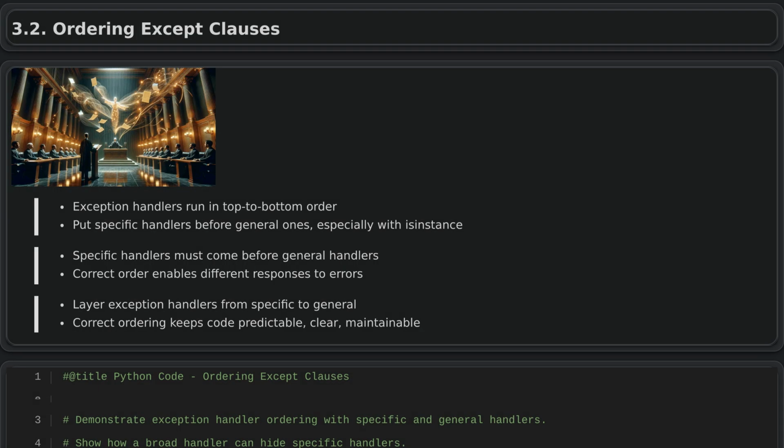Ordering except clauses. The order of exception handlers matters because the system checks them from top to bottom and runs only the first one that matches, including matches through inheritance. If a general handler appears before a more specific one, it will catch the exception first, and the specific handler will never run. To avoid this, always place the most specific handlers first, and the more general ones later. This is especially important when using instance checks, because a broad check too early can block more precise logic from